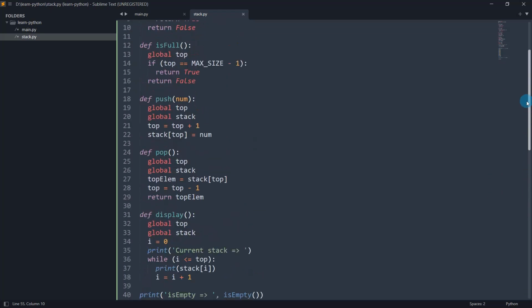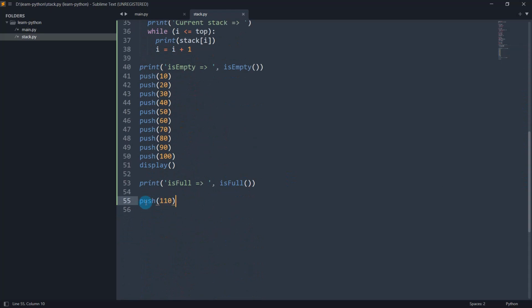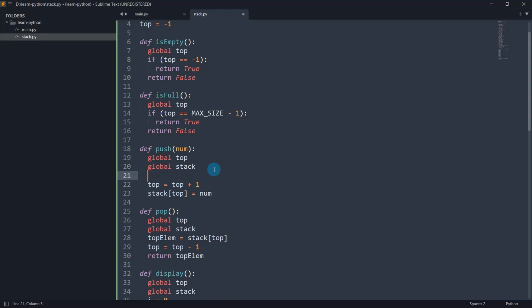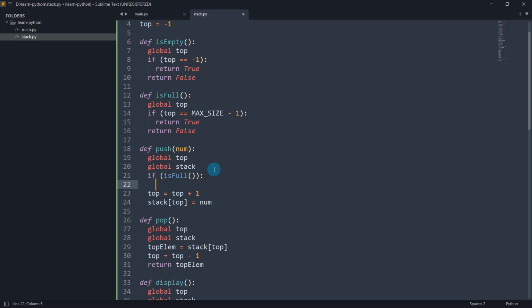Okay. Now to do this, while pushing, we are calling the push function right here while pushing 110. So what I'm going to do is inside push, before actually incrementing the top or pushing the element, I am checking if isFull. If the stack is full, I'm going to print something.